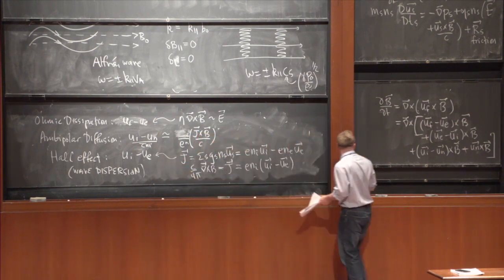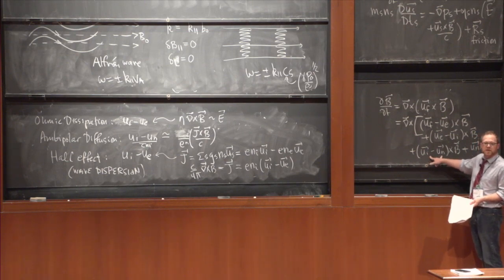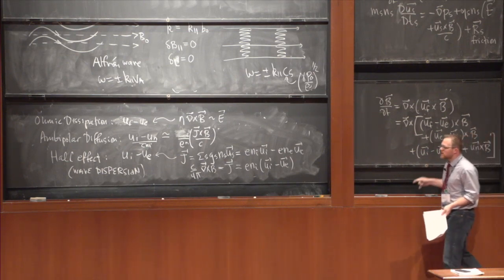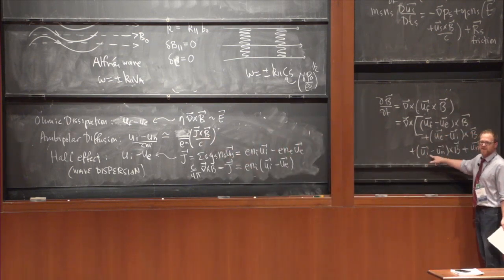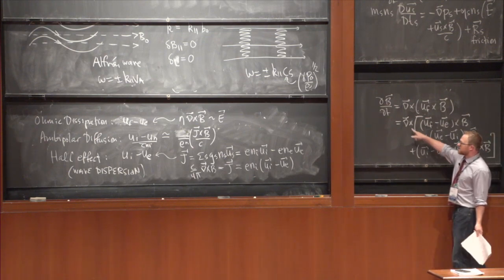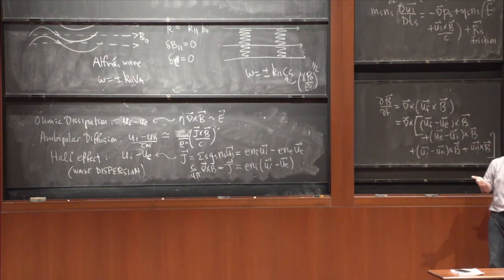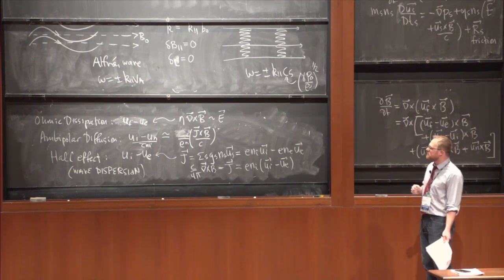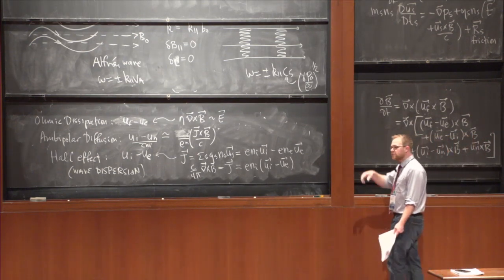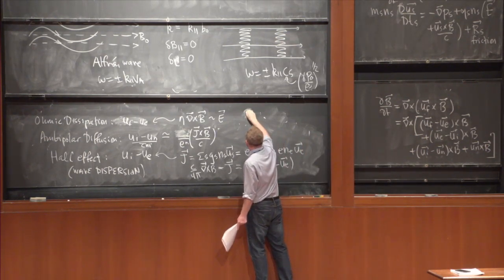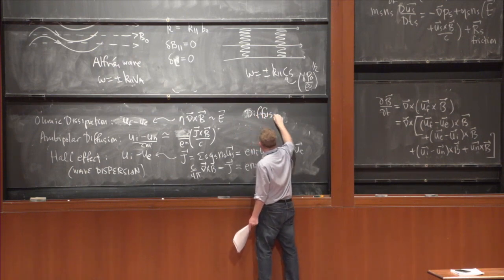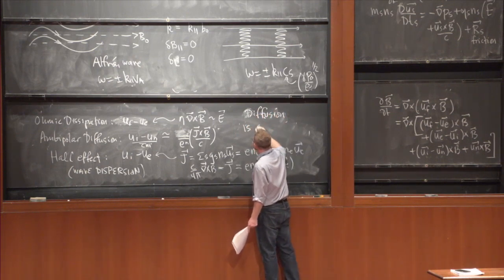And this is what allows you to have, that's what you plug in here. Now you notice that this is even more complicated than the other ones because it's J cross B, it goes right here, and then I cross it again with B, and then I take its curl. So there's two gradient operators, so it's like diffusion, but it's anisotropic because there's all these cross products with the magnetic field. So this is sort of the fundamental characteristic of non-ideal MHD in a poorly ionized plasma, that the diffusion is anisotropic. So I won't call it resistivity, I'll call it diffusion. So the magnetic field diffusion is anisotropic.